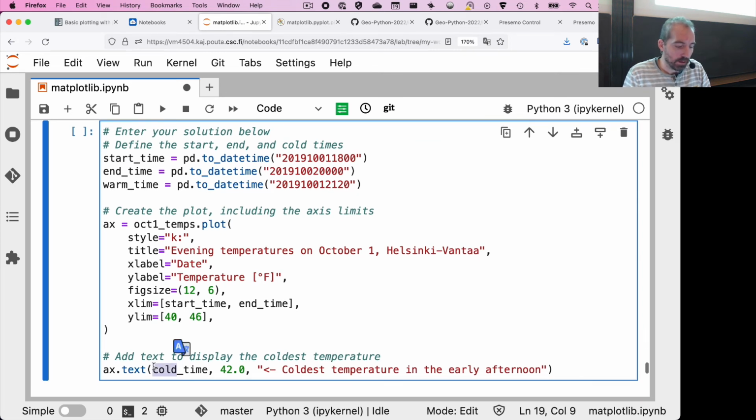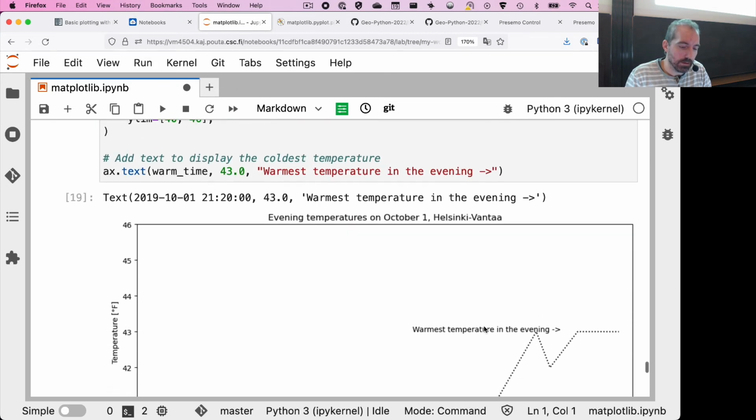But then where we place our label for the warm time and its value on the Y-axis should be instead of cold time, warm time, and 43 degrees instead of 42 degrees, and warmest temperature in the, let's say, evening. And actually, because of where this label is going to be placed, we'll put our arrow going the opposite direction. That's, again, something to just know from having produced the plot earlier. So if I run this,